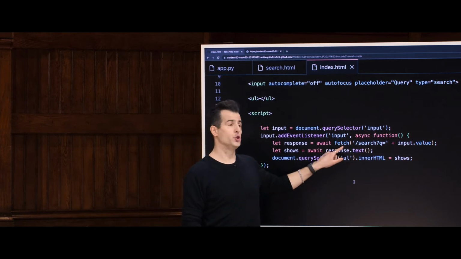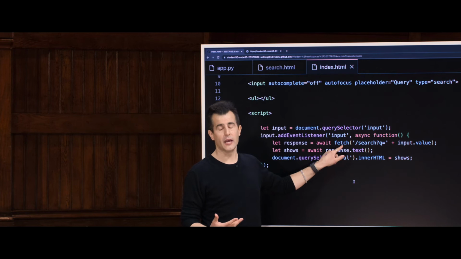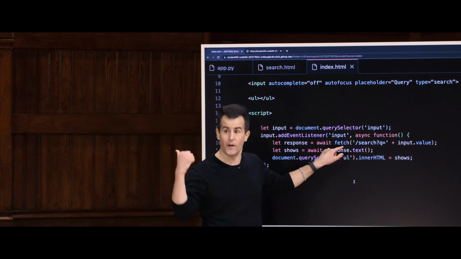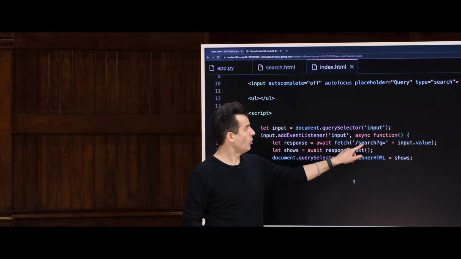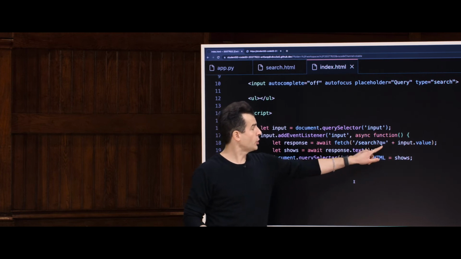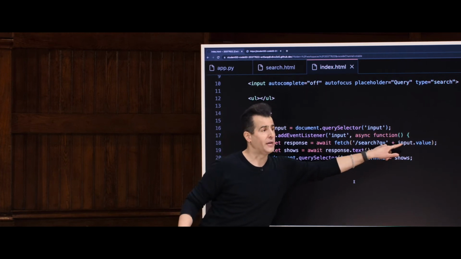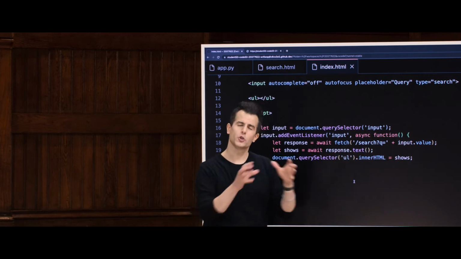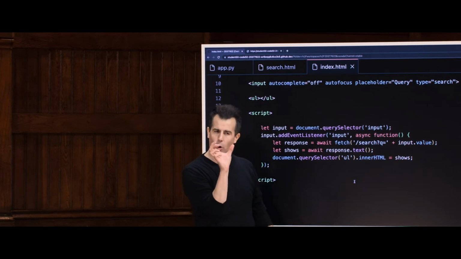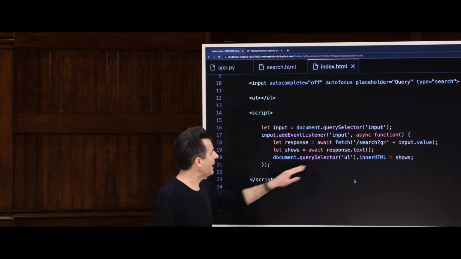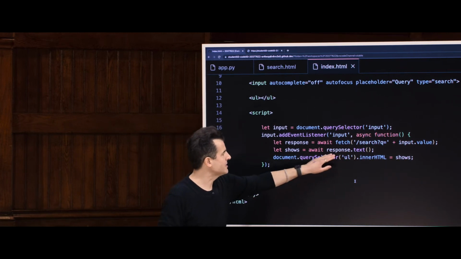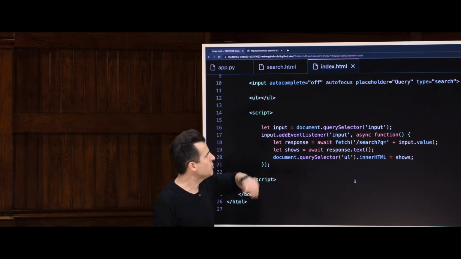Well, it's going to call a JavaScript function that all browsers now support called fetch, which is a function that uses HTTP to go fetch more data from the server. It's going to fetch data from a route called /search?q=, and whatever the value is that the user typed in. So I'm just manually creating my own mini URL and telling JavaScript, go fetch me that HTML. When it comes back via this line of text here called response.text, and let me wave my hand at